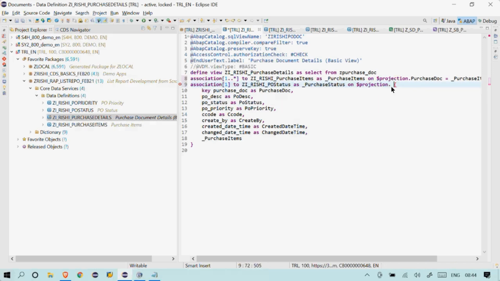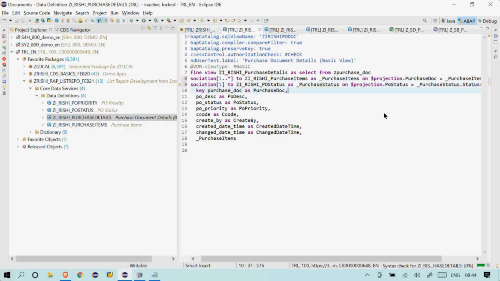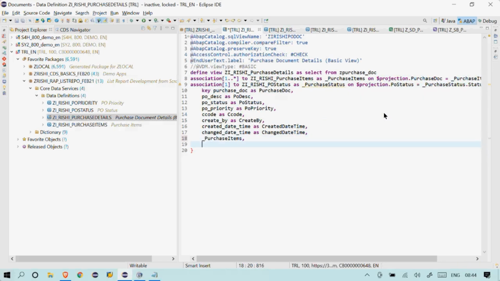It will have a status code and the text for this. So status will be the common field, and I'll add this one. In there we have status, so that is one. Save it and publish this one. Purchase status.